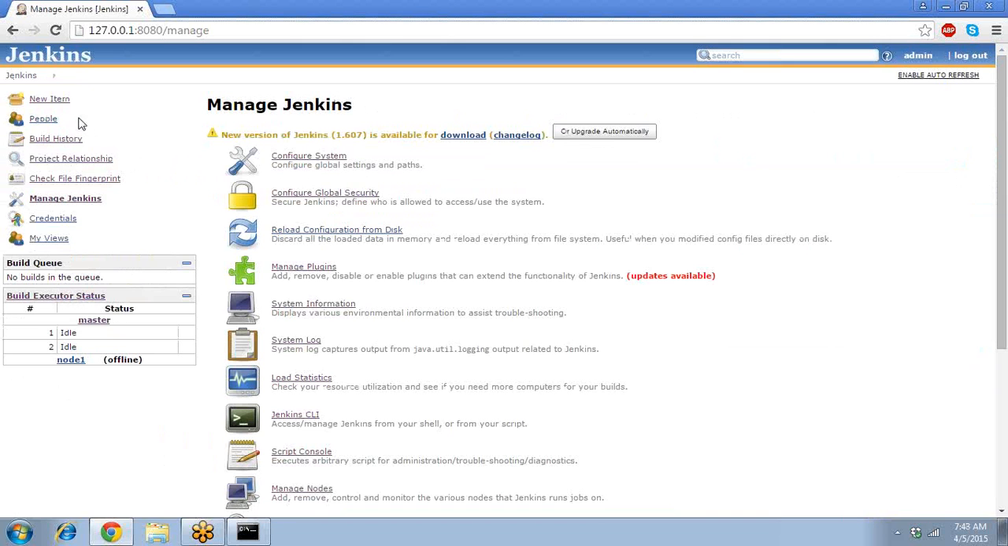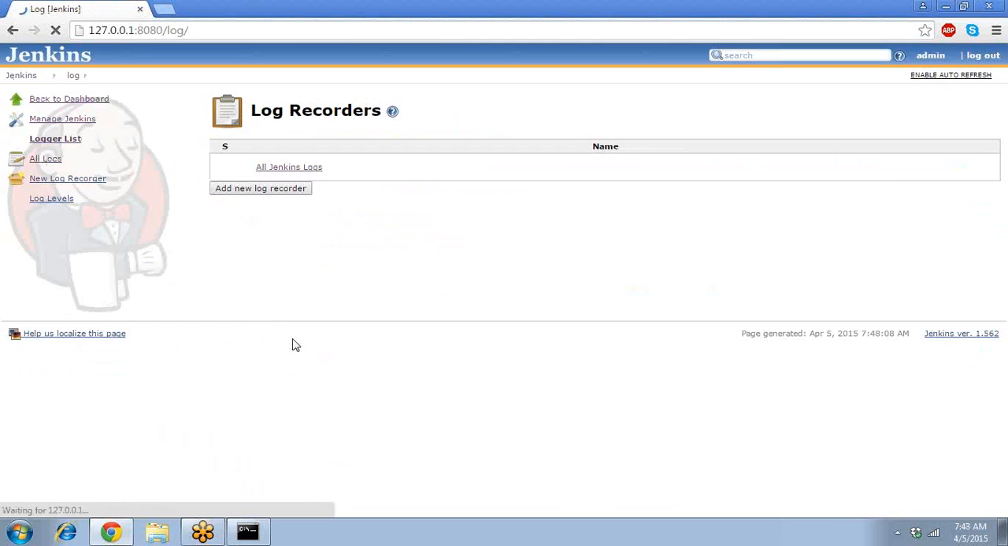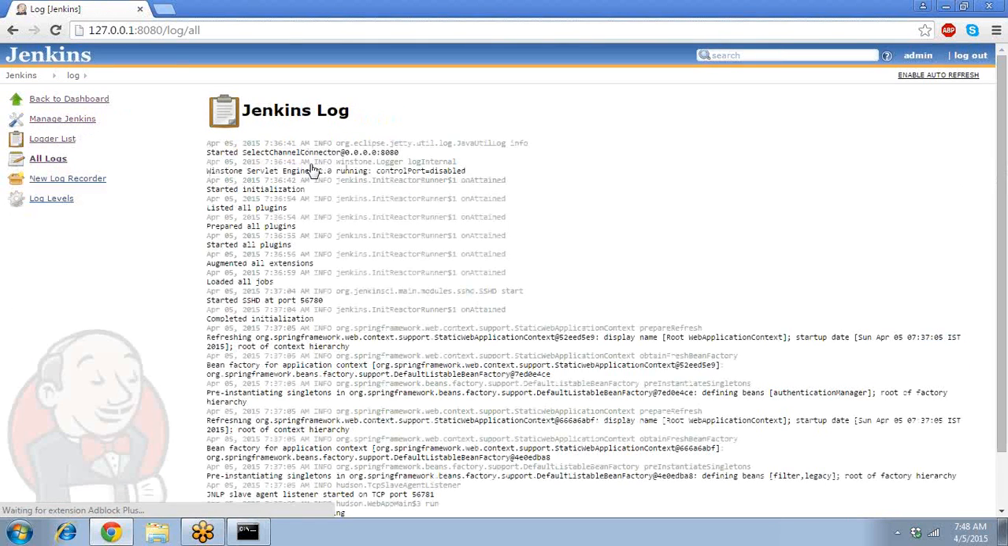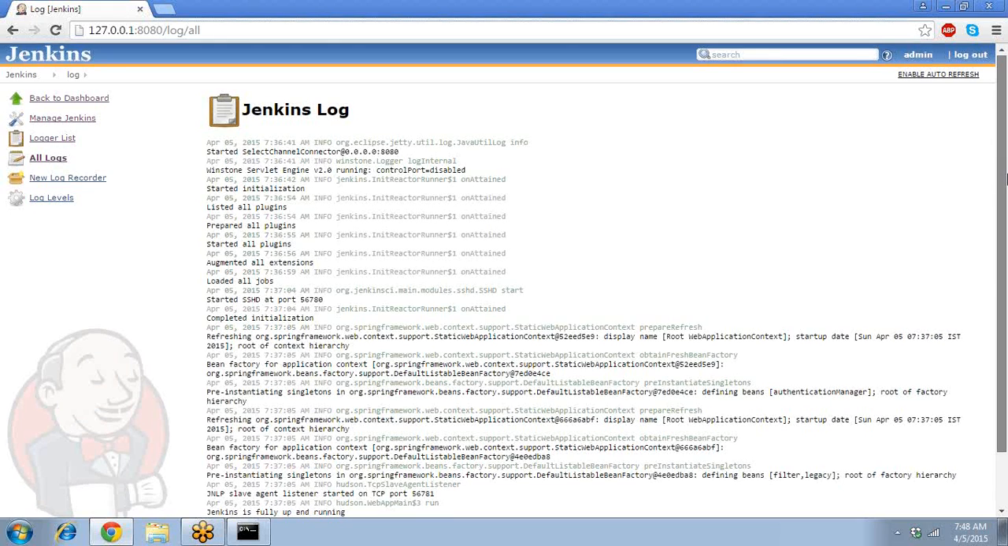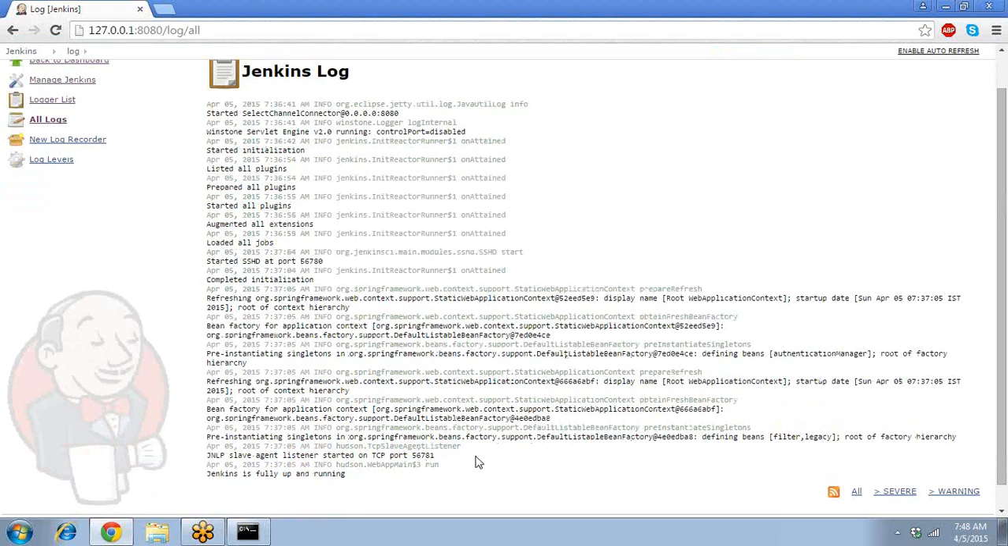So in Manage Jenkins, you have the log. So from the system log, you will be able to know what the TCP port is. Yeah, it is started on TCP port 56781. So this port number will be changing each time you restart Jenkins. So if you don't want that,